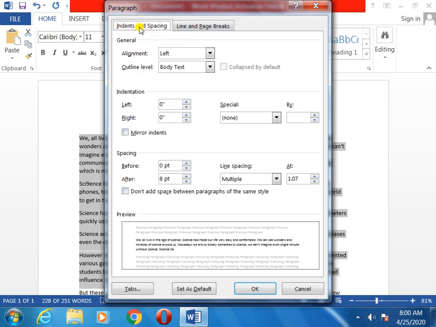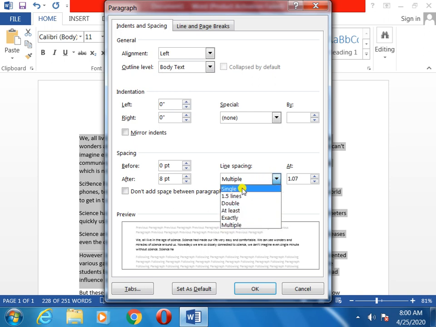Then you click on this tab, Indents and Spacing. After that you will go to the line spacing option. Here you will see one arrow. So what I said: indents, then line spacing, arrow.